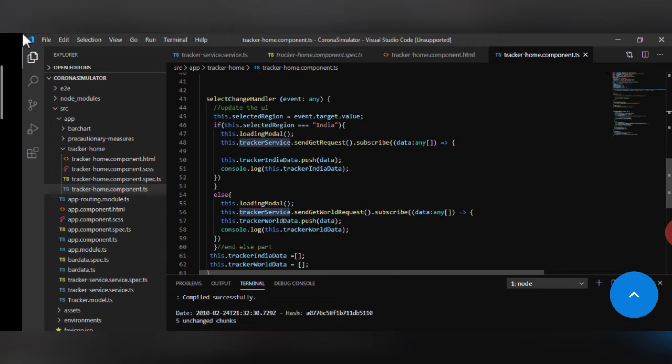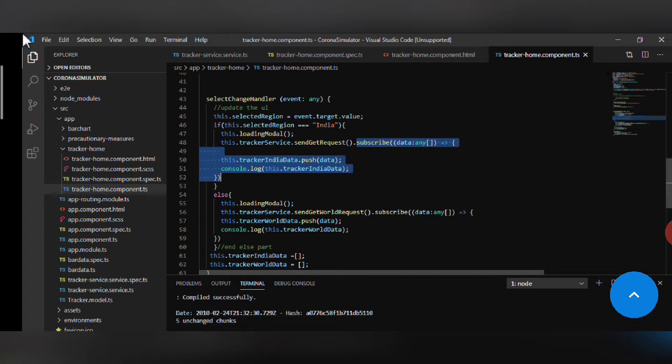When the selected region is India, it will call the send get request method, and for world it will call the send get world request method. This subscribe method here is a part of observable. For example, when an event A subscribes to a method B, observable will check which of the two, A and B, is subscribing.